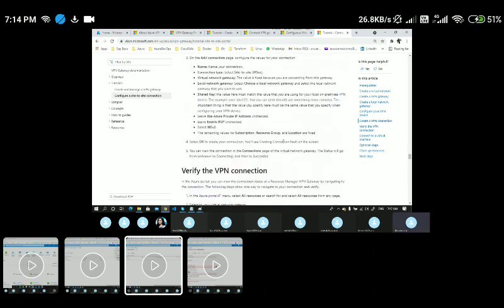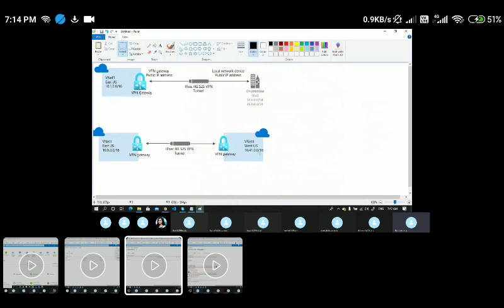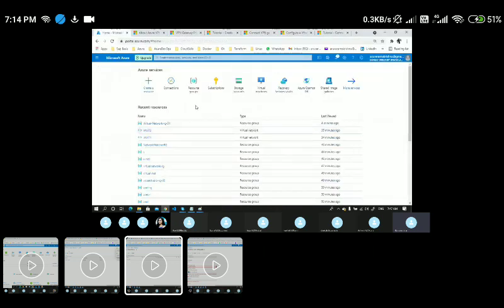Just go through this document, but at a high level, the steps are the same for both VNet to VNet and site to site. Let me come back to my portal and quickly validate these configurations.